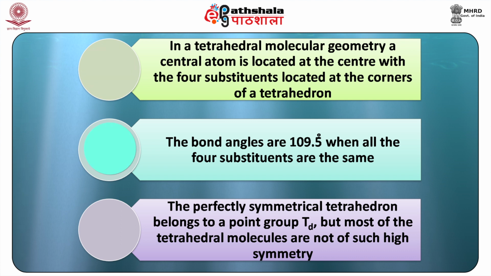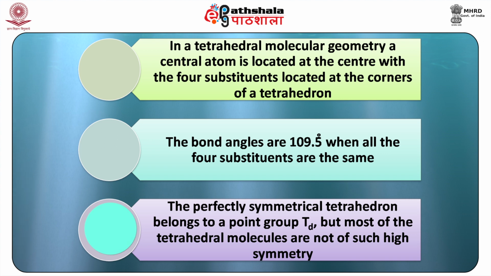The bond angles are 109.5 degrees when all the four substituents are the same. The perfectly symmetrical tetrahedron belongs to the point group Td, but most of the tetrahedral molecules are not of such